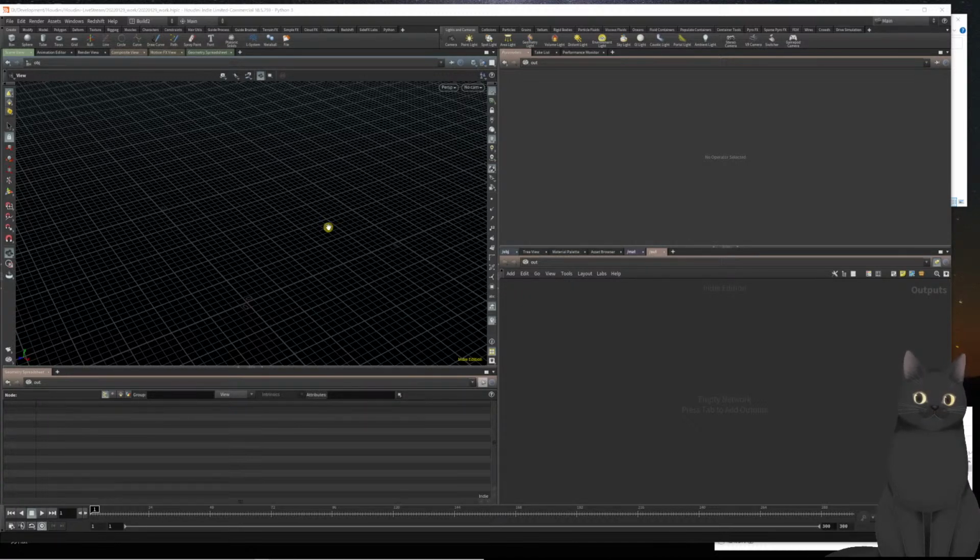Now, if you look at the path, you'll notice that it's $home. It's literally going to my home directory. We actually would prefer this if it was local to this project. So if we use $hip instead, you'll see that we can go find the scene file, then go to the texture and accept it from here. And you'll notice that the path is smaller. $hip, the texture directory,